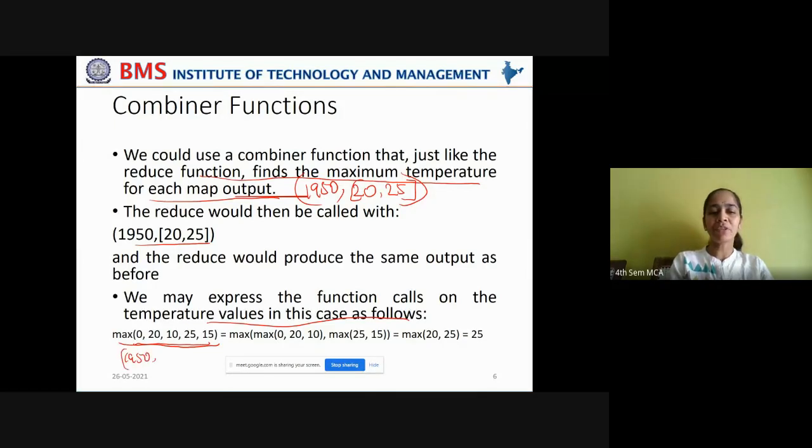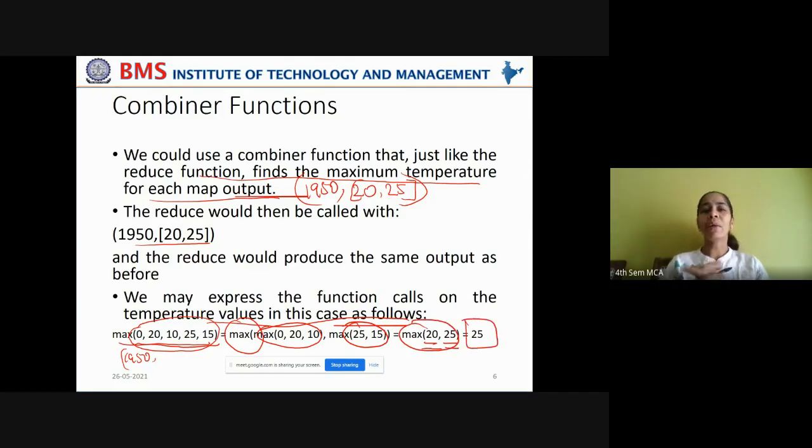These are the temperatures recorded, and all these temperatures have to be passed to the reduce phase. But because of introducing a combiner function, first the maximum of all these temperatures is found, that is 20, and the maximum of these temperatures is found by the combiner function, that is 25, and the maximum of these needs to be found now, which is done by the reduce phase and gives us the final maximum temperature.